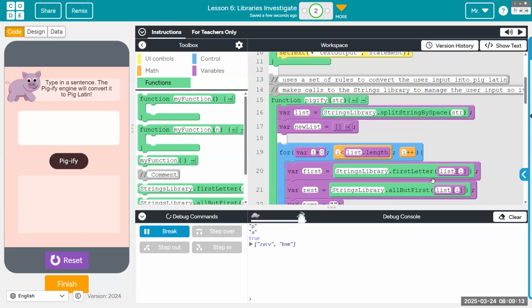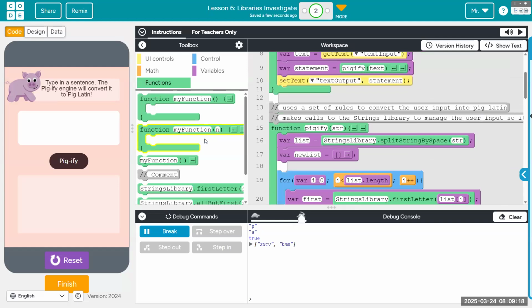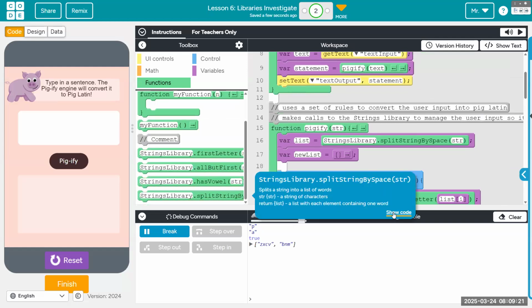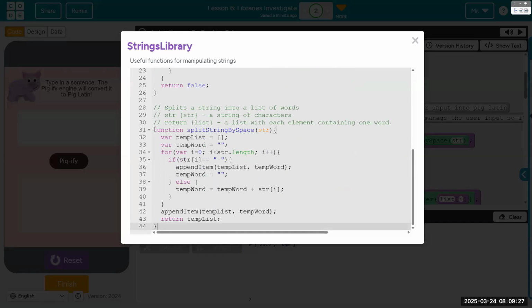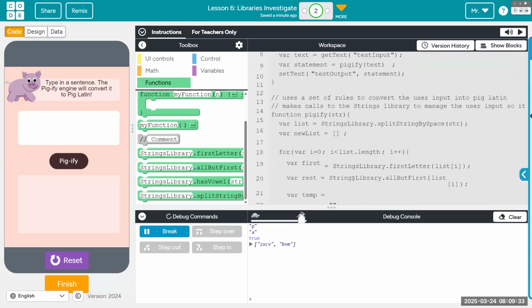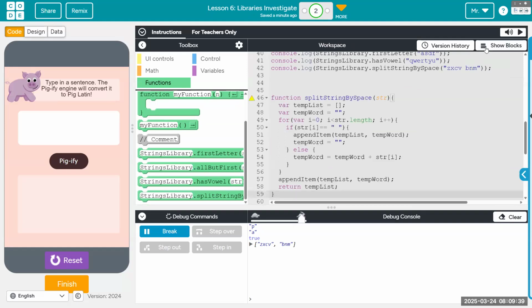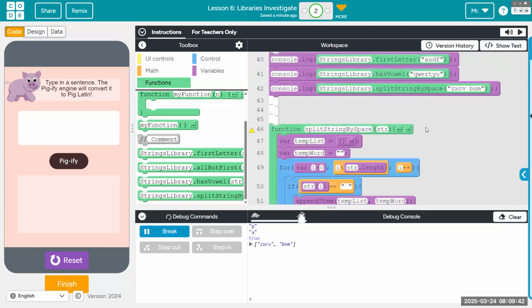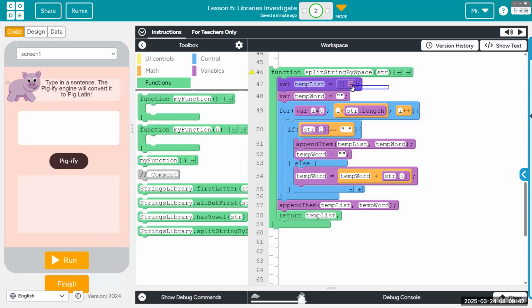Split by string is Pigify, the main program. Oh wait, of course, split by string would be in the library. Okay, show code. Is it just going to go to this? Split by string. I want to bring this into the code so that we can appreciate what it looks like in block form. Okay, split by string. In our standard return situation, we have an empty list and an empty string as our potential output. What it actually returns is the